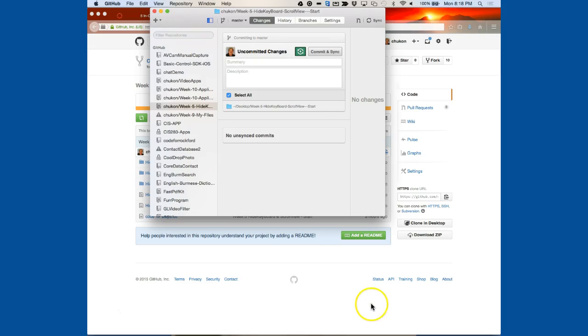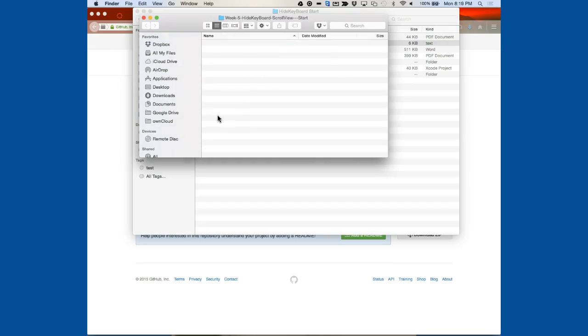When you do a command click, I'm sorry, I said command, it's control. Control click, command click will do nothing. Control click, I want you to select Open in Finder. Not View on GitHub, Open in Terminal, Open into Atom, but Open in Finder. When you do that, it's going to take you right to the location where you download it to, which should